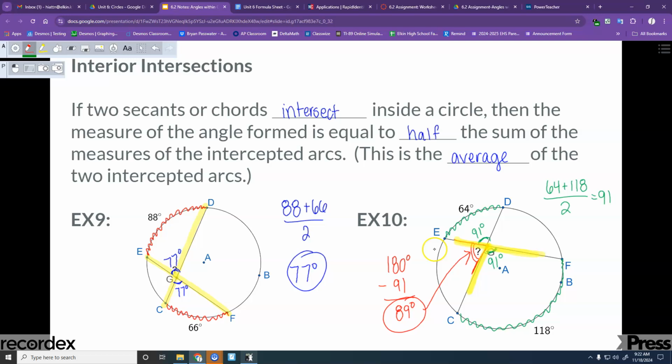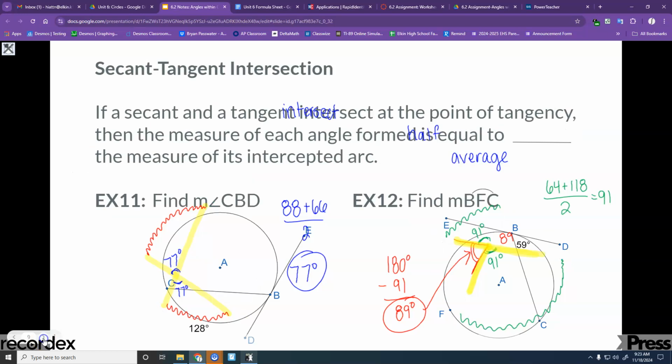And to double check it, if this is 89, this is 89, you could add them all together and make sure they still equal 360. Because if they don't, then you've done something wrong. Okay, questions? All right,